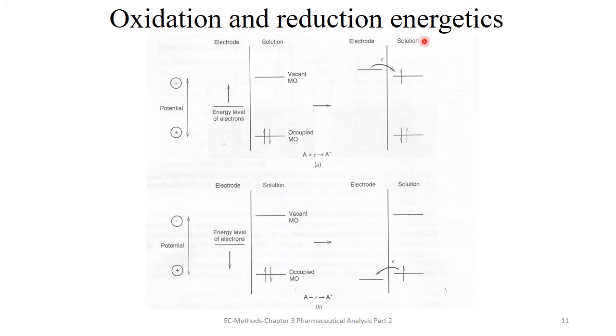Oxidation and reduction energetics are shown here with the potential diagram. In the potential diagram, some orbitals are occupied, and then after some time, with the involvement of an electron, they shift from a lower state to a higher state. Similarly, with the opposite spin, the occupied orbitals create an electron hole, in which the electron goes from its already stable state to the downward state by losing an electron.